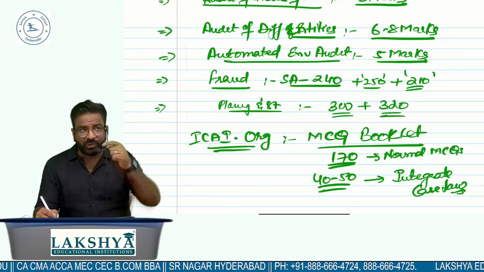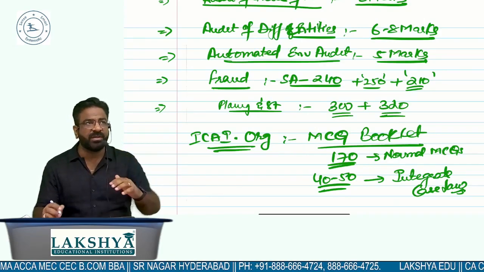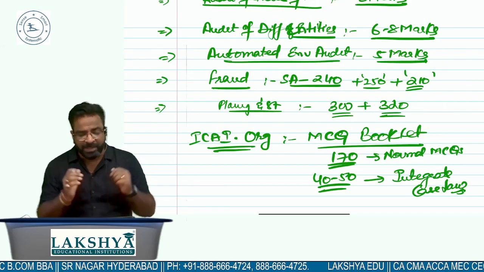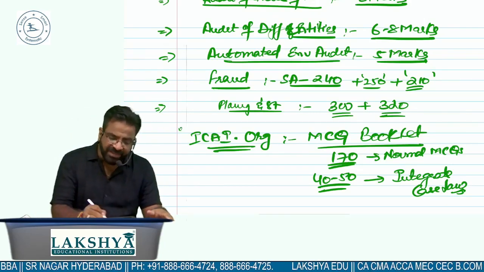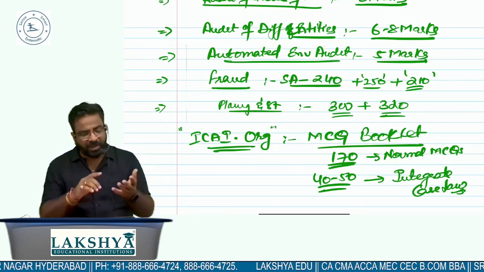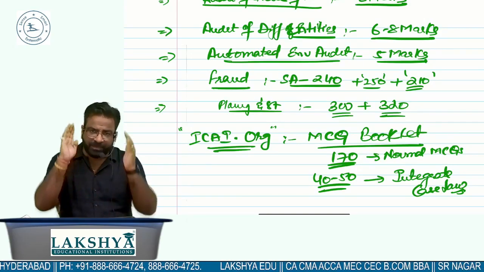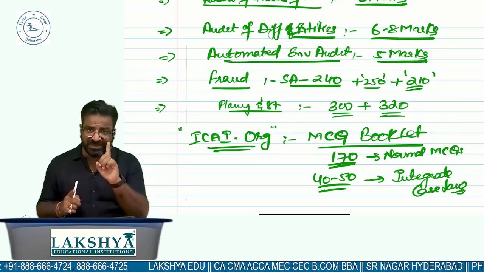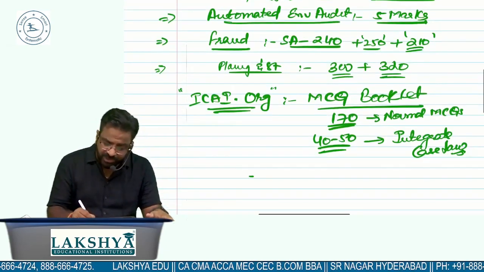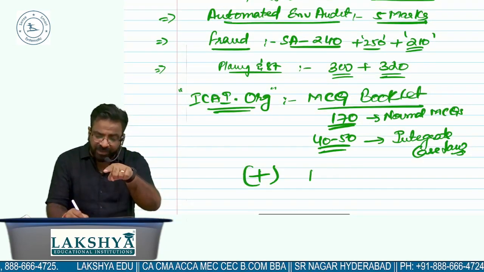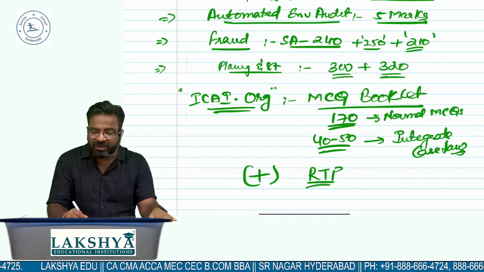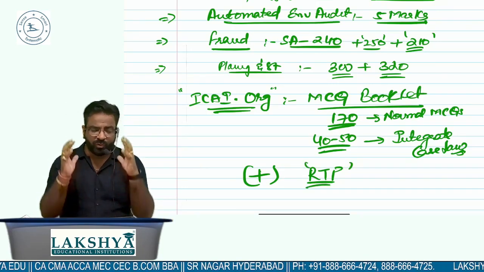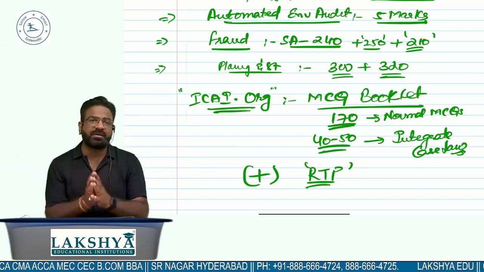But for that, you need to first do all the chapters, because MCQs can only be justified once you are done with all the chapters, right? Sources I already told you. Go to ICAI.org. Here you have been given the MCQ booklets for law, auditing, everything. Make sure that you do it. One MCQ booklet plus you need to do the RTP of your attempt, which has already been released by whom? ICAI. You have to read the RTP of your attempt. So this is how the total coverage you are going to do.